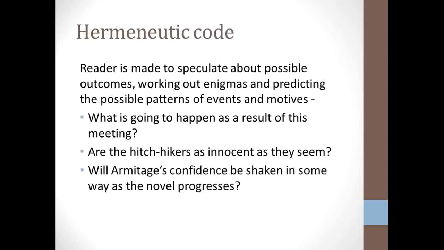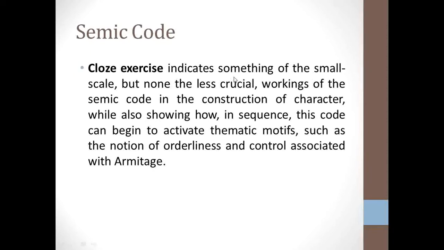So this close exercise indicates the small scale but nonetheless crucial workings of the semic code in the construction of character, while also showing how, in sequence, this code can begin to activate thematic motifs, such as the notion of orderliness and control associated with Armitage. The exercise we just went through shows how the character is constructed, and how in sequence this code can begin to activate thematic motifs. Thematic motifs, as in how the theme is going to come about recurringly